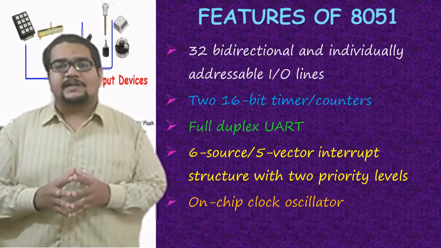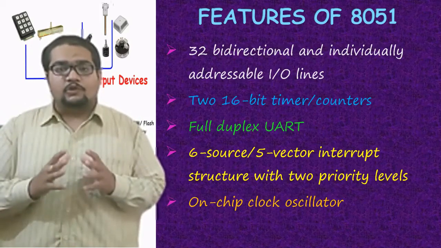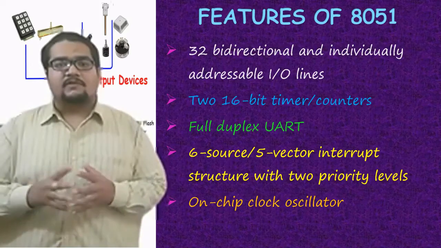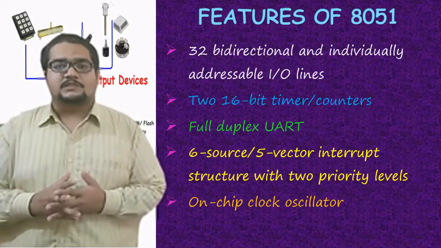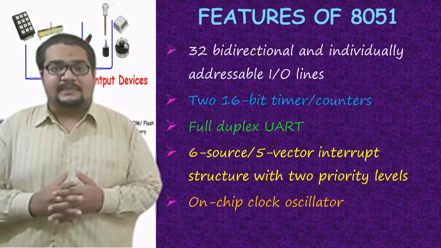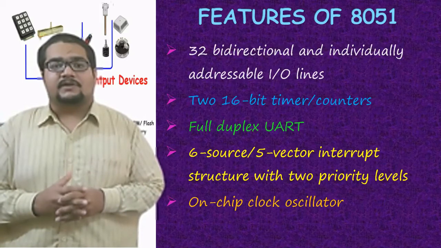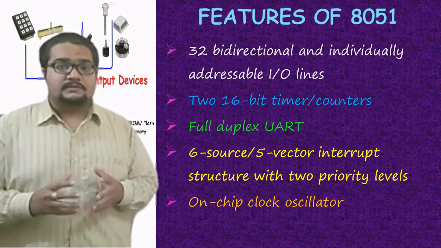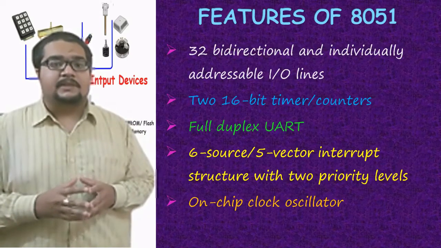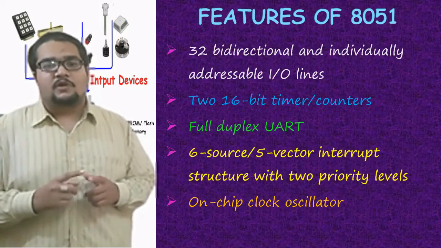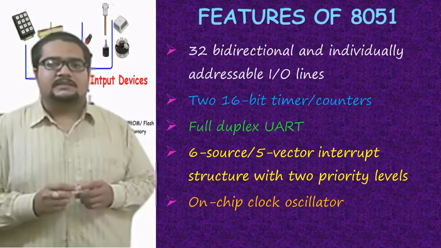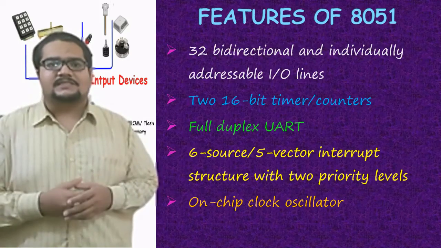Another feature of the 8051 is that we have a full duplex UART. And what is UART? UART means Universal Asynchronous Receiver and Transmitter. You might be aware of serial communications. We'll talk about serial communications in more detail in our unit 3, but here let us have a brief understanding. Serial communication ports are used for sending and receiving data serially. That means there will be only a single line for exchange of data. In full duplex, the number of lines will be 2, one each for transmit and receive. The transmit line will transmit the data in a bit sequence, one bit after another, and the receive line will be used for receiving it.